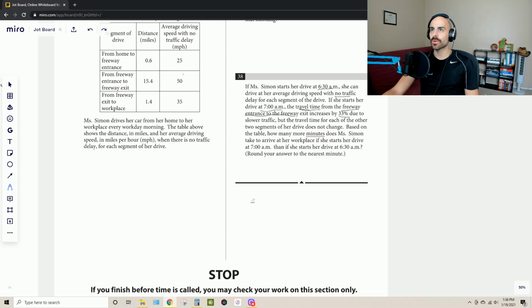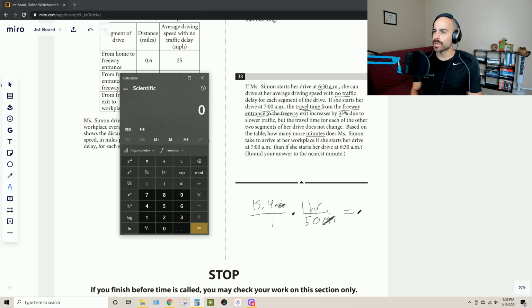What that means is that we look at her distance, which is 15.4 miles. That's our given. We put that over 1, and we're going to multiply that by the rate that they give us, which is 50 miles per hour. Why am I putting 50 miles on the bottom? Because that cancels out these miles, and this is still a true statement, 1 hour for every 50 miles that have passed. And so if we calculate that, we end up with 15.4 divided by 50 is